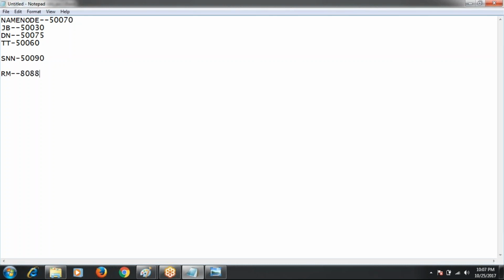So resource manager is a task tracker only? No, resource manager is nothing but job tracker, and node manager is like task tracker. So why do the resource manager and the job tracker differ? Actually, job tracker is a MapReduce service, a MapReduce daemon.